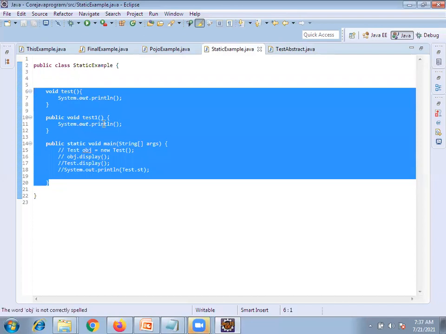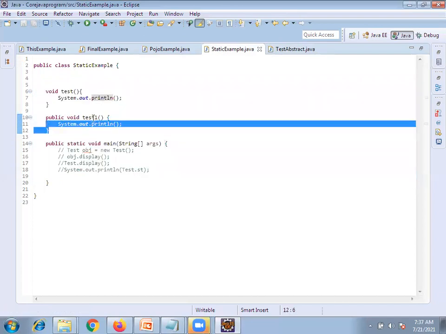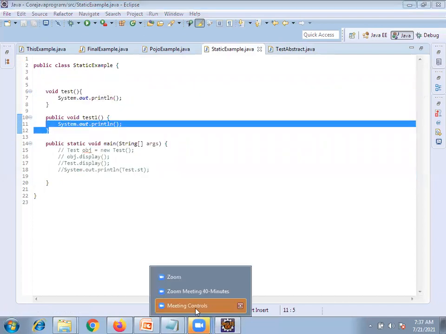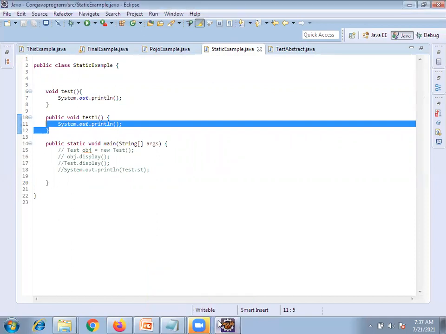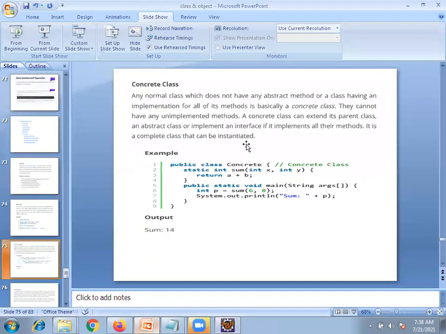Got it, right? That we call a concrete class. Hope you got it. What is a concrete class? This is the concrete class example: we give this sum method, some logic inside it, and we pass values.